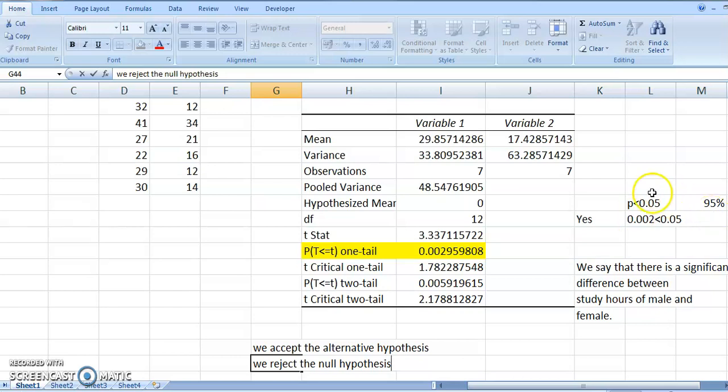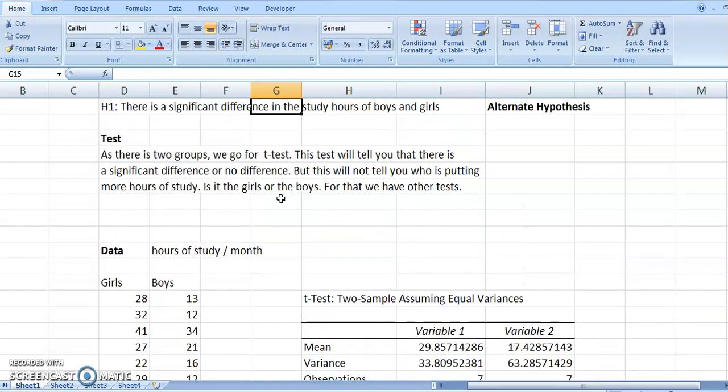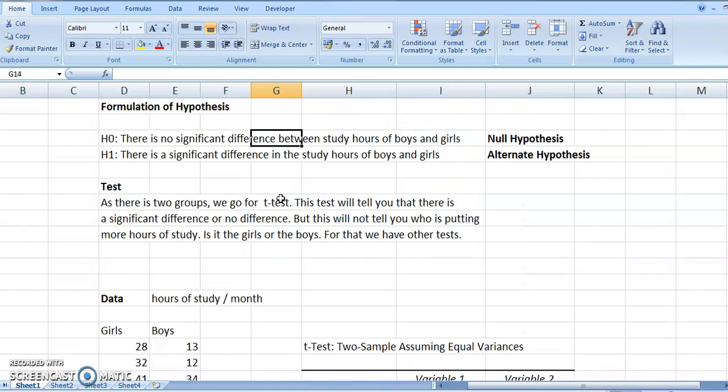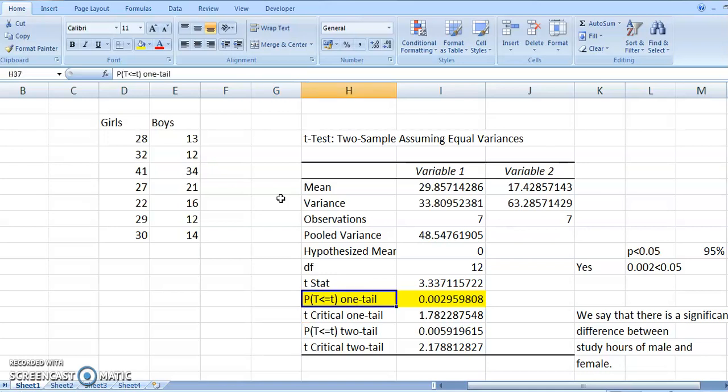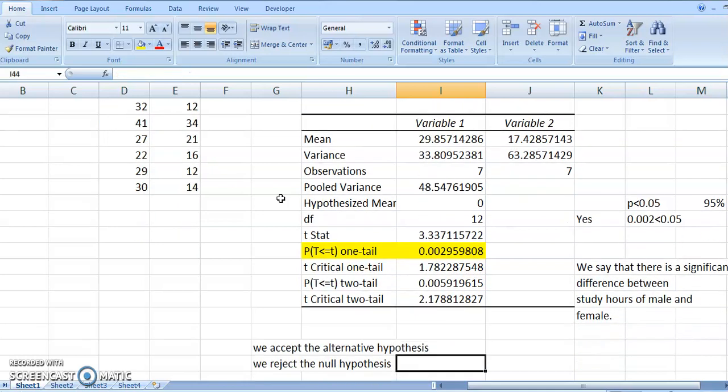Because the null hypothesis, as you can see just above, says there is no significant difference, which means boys and girls are putting in exactly the same number of hours, which is not the case. There is a significant difference between boys and girls according to the test. The test is saying clearly that the p-value points out both one-tailed and two-tailed. We are not having a two-tailed test right now. Both one-tailed, and I'll explain to you what this means. It is clearly explaining that the value is significant, which means